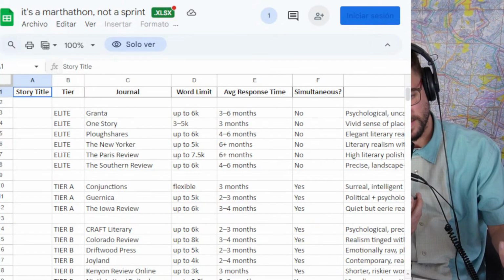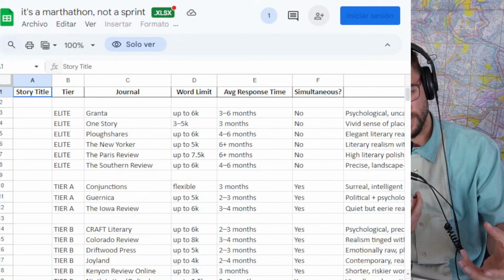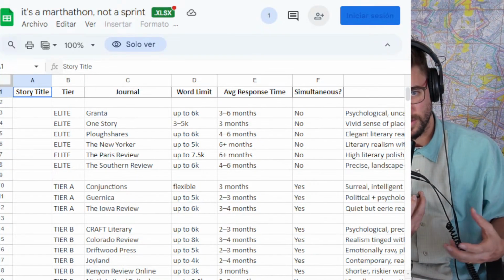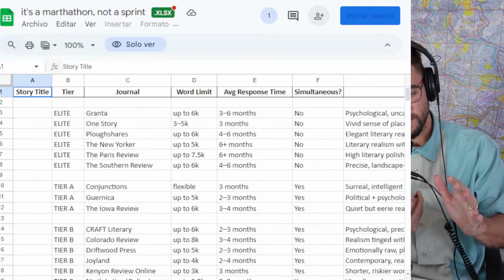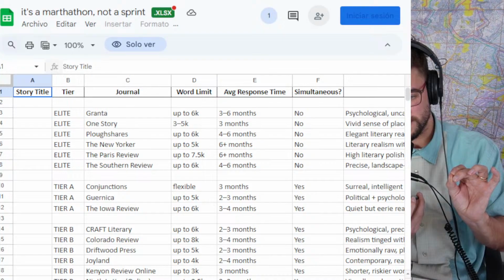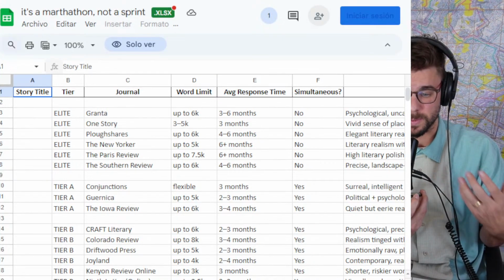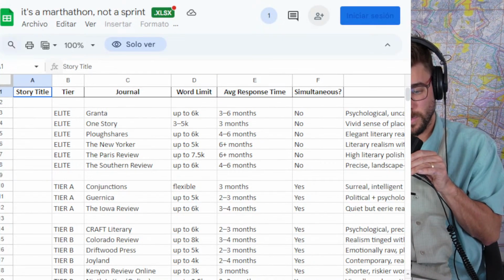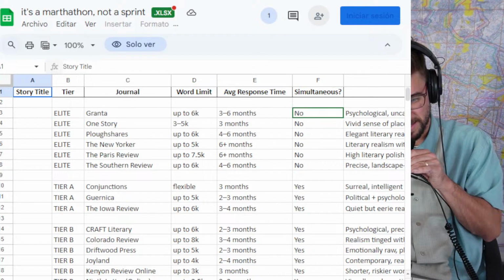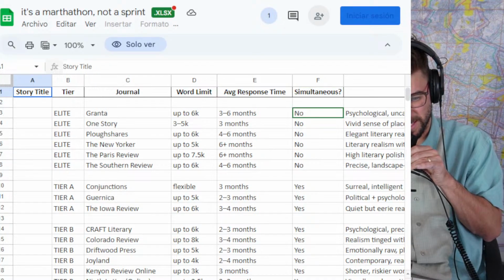I want to be receiving emails from Plowshares. Hey, Asa, do you have any new stories? We're looking to fill out the November issue. I just want to keep them in front of me, and I'm not going to be submitting to those places yet. One, because I don't know if it's particularly realistic, but more importantly, if you see this column, it indicates, when it says simultaneous here, what that means is that this particular outlet,